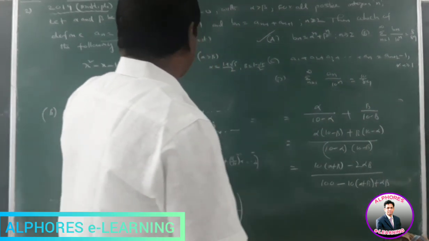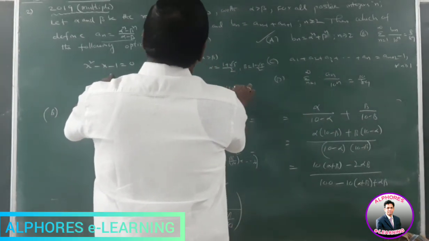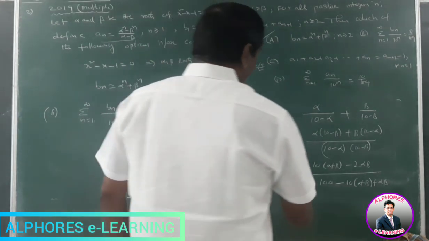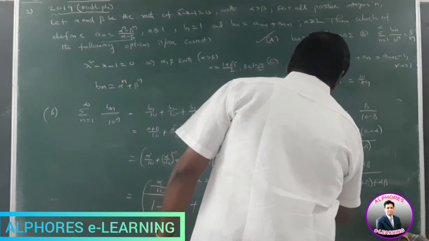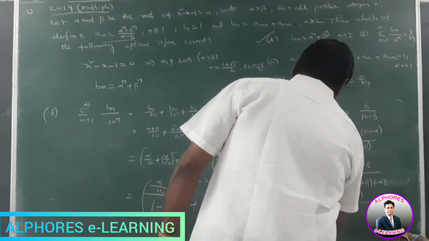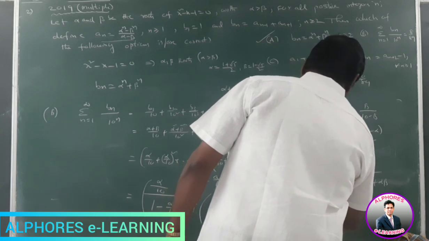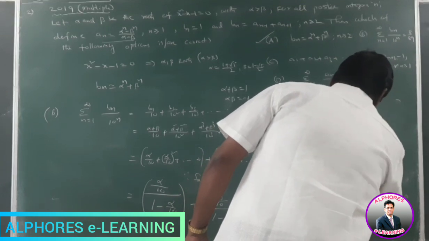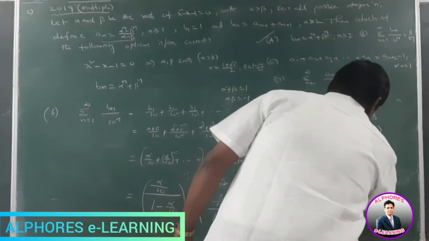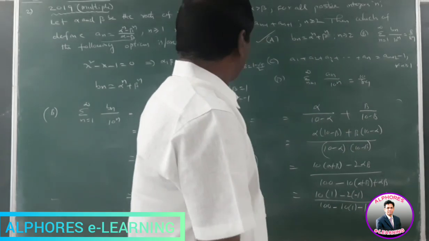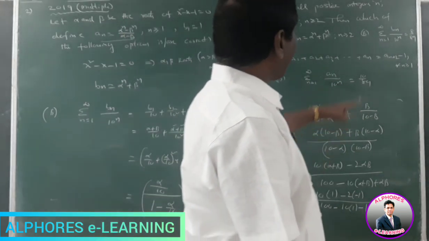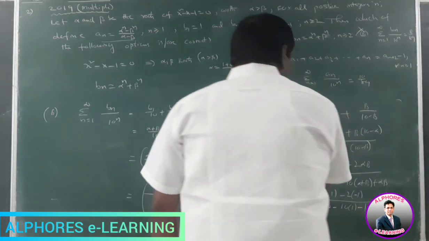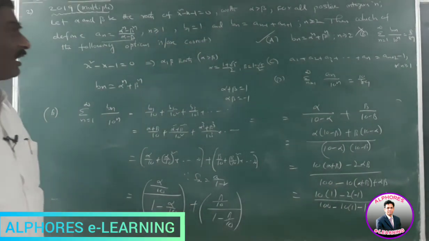Already we know that alpha plus beta is equal to 1, alpha beta is equal to minus 1. Substitute these values in this equation. That is equal to 10 of 1 minus 2 of minus 1 by 100 minus 10 of 1 minus 1. Finally we get 12 by 89. But from the given option, B is 8 by 89. We get 12 by 89, so it is wrong. Option B is wrong. Okay. Next one, option C.